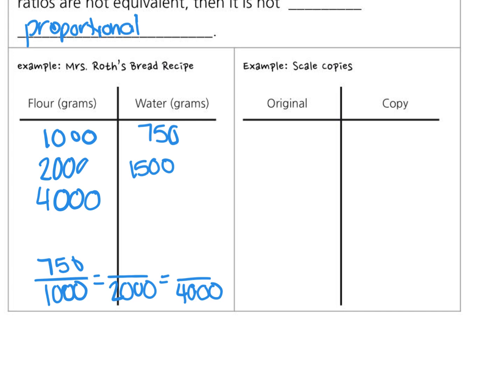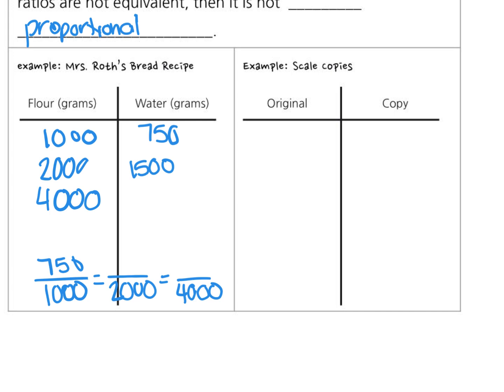From our original ratio, it's always good to go back and compare it to your original or your given, because let's say you made a simple mistake when you solved the 2,000 one, and then you use that one to find your next one. What's going to happen with that next one? It's going to be wrong. If you made a mistake in calculating your first one and you use that to calculate your second one, it's